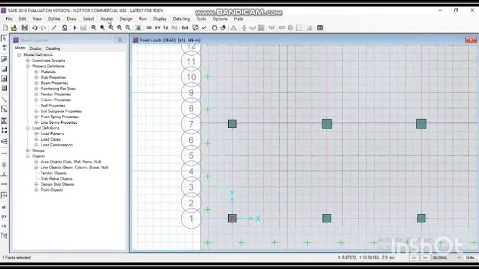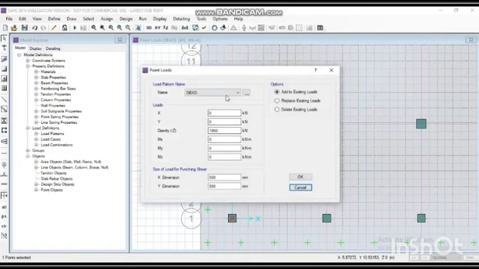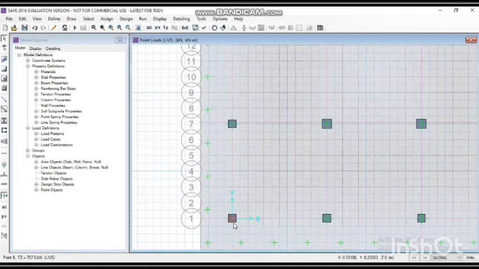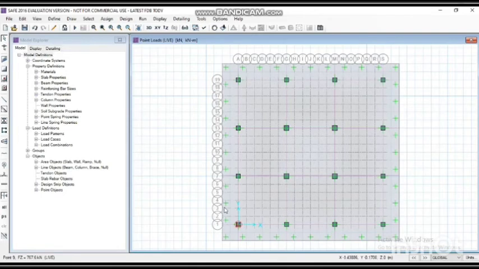Now again go to the assign menu, load data, point loads and make the name as live load and type the load as per our design. The live load on column 1 is 767.6 kilonewton. Hence click on OK. We have applied dead and live load to C1 column.